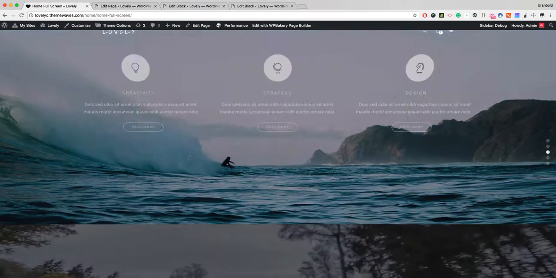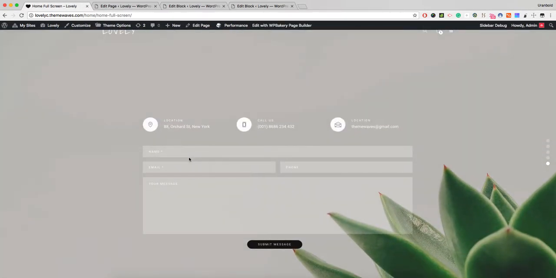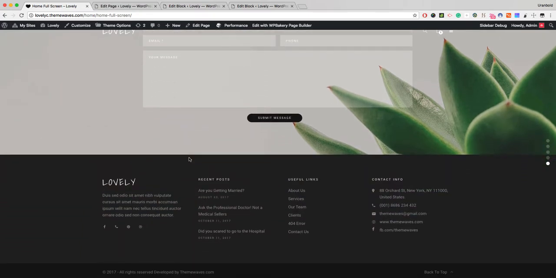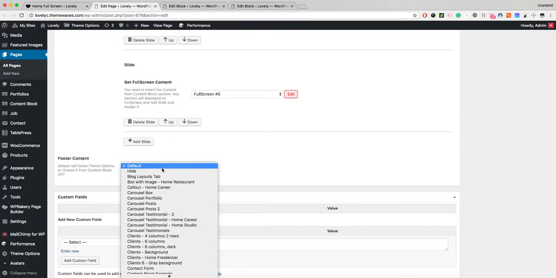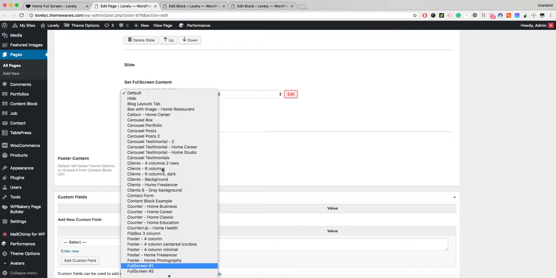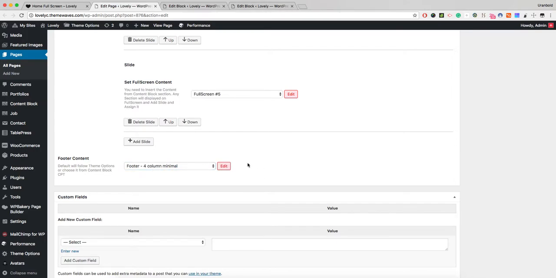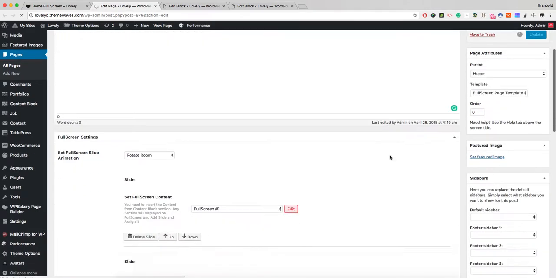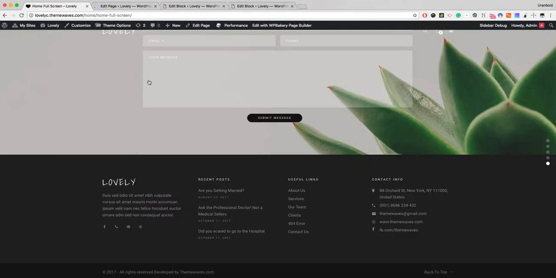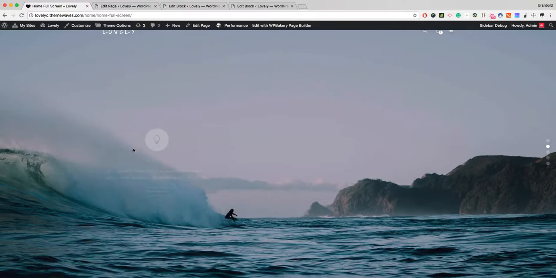And the last thing is, if we scroll down to this section, the footer is revealing something like this, and we have also inserted a content block, and that is the default footer right here. You can also change to any footer you want to use. I have created 5 different custom footers right here. Let's choose this footer content, and if I update this page and refresh the front end, then this bottom footer area must be replaced. Okay, let's go back to the bottom